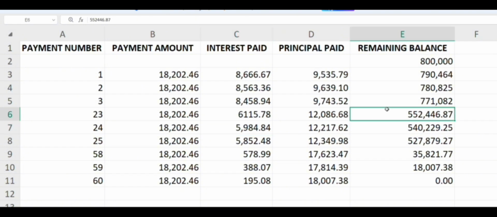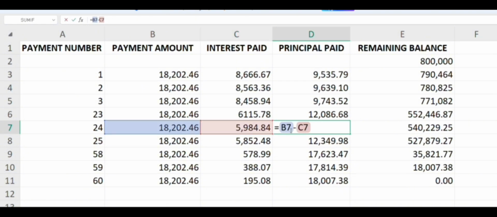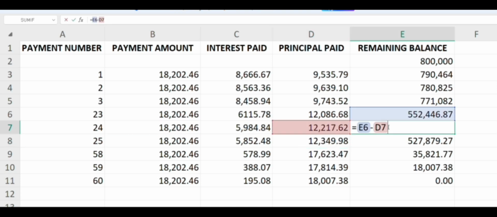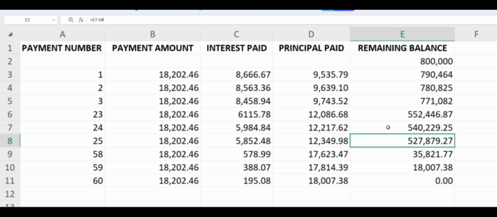So again, by multiplying 552,446.87 to our rate, we have 5,984.84. And for our principal paid, 8,202.46 minus 5,984.84 would give us 12,217.62. And subtracting it from 552,446.87,